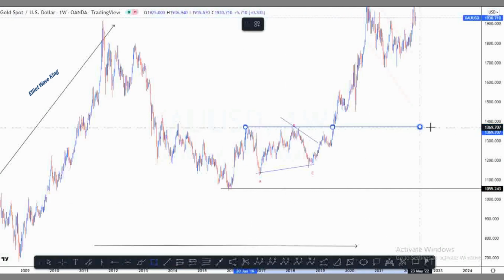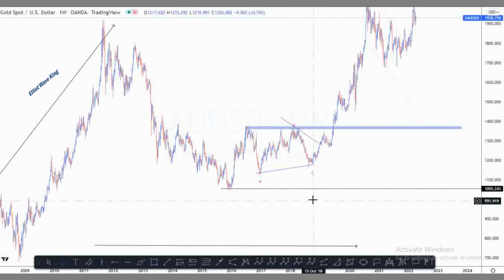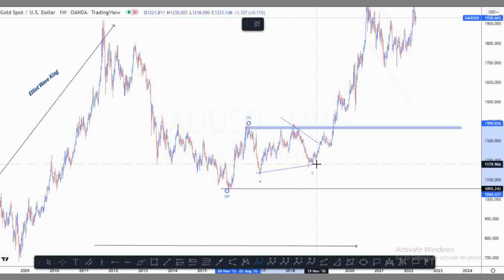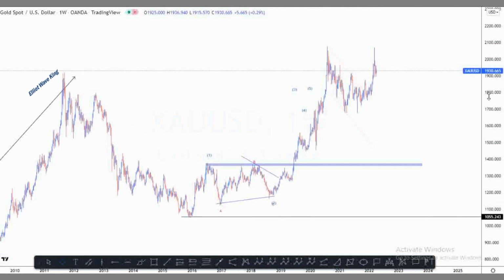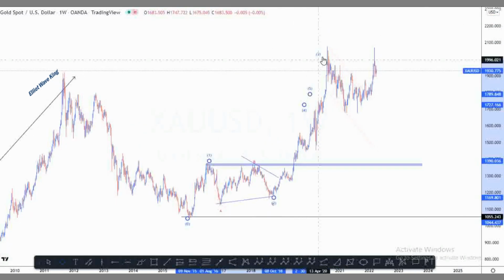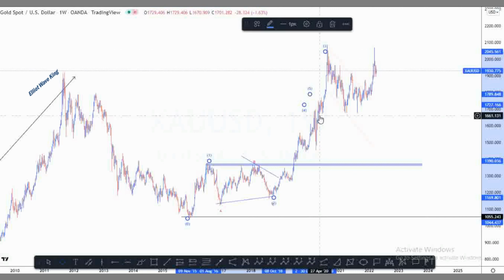So I'm going to put up the extreme right here. Why I'm going to put up the extreme right here is I want to use this for future references. Okay, so I'm going to put up the start of a wave here. This is going to be my wave 1 and wave 2. So what I'm going to be working on is a possibility of a wave 3 to 4. Okay, so if I would put this as a wave 3 right here,